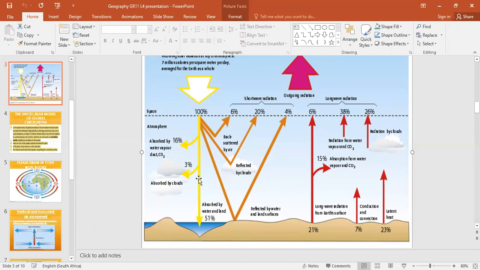Okay, and then we have water vapor, and then we have the atmospheric gases. They also accumulate heat, which is trapped in the atmosphere, and then the wind will blow across the world, and the energy is also transferred through the wind. Okay,